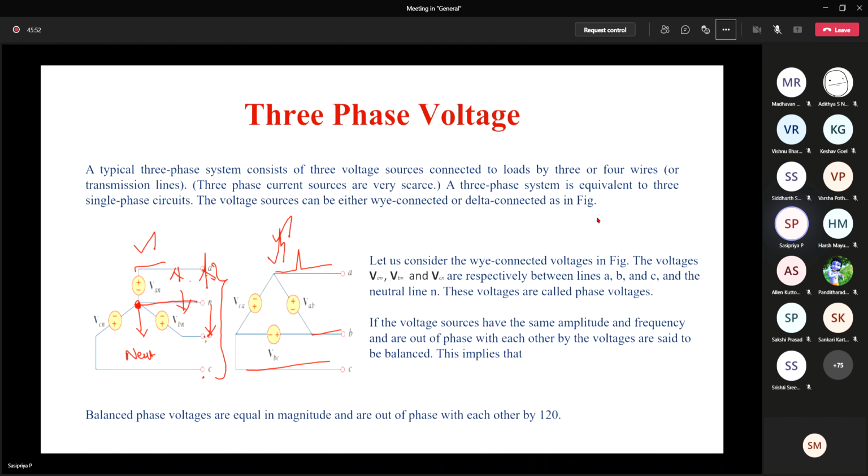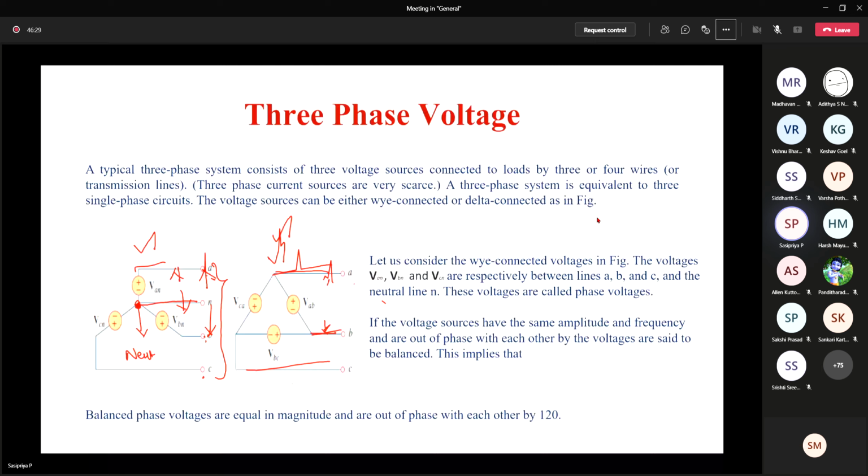Whereas for a 3-phase 3-wire system, that is delta connection, we don't have such a neutral. So here I'll be measuring between any 2 phases only, taking the output from the supply point of view, or connecting a load between these 2 lines only. So here there is no separate line voltage or phase voltage. Both the line voltage and phase voltage are the same.